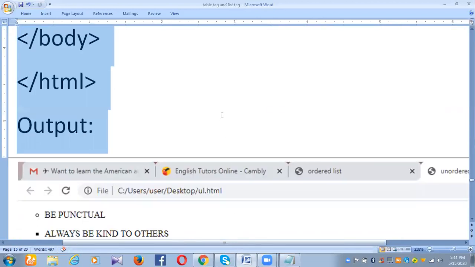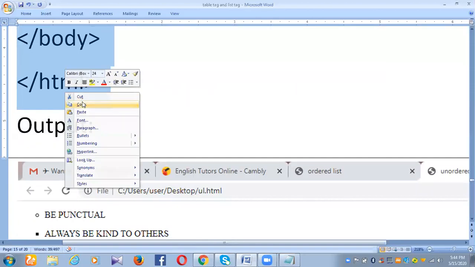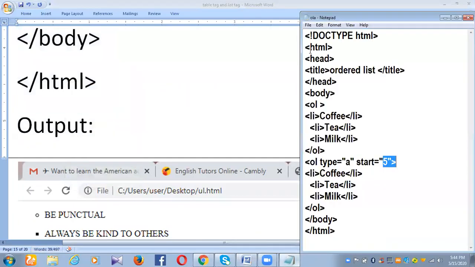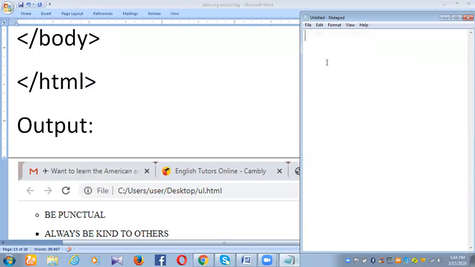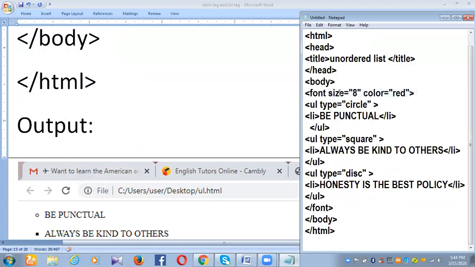Copy the text for you. Copy. New. Paste. So here, see, this is the title of the document, unordered list, and here see UL type is equal to circle. Again, in LI, the list item, we will mention here the text, be punctual.